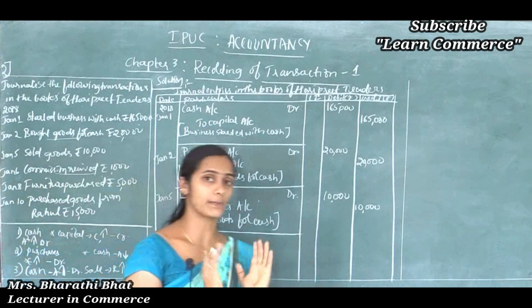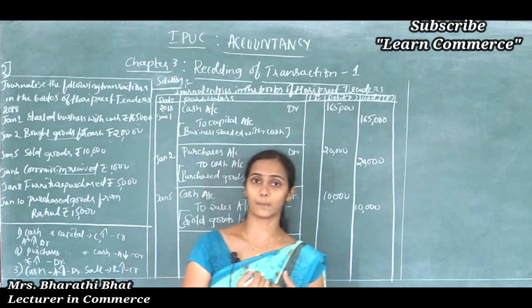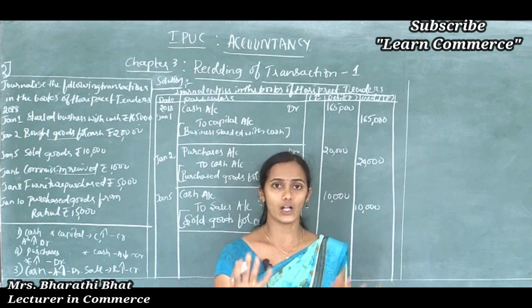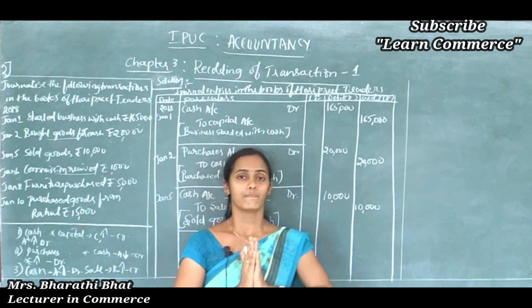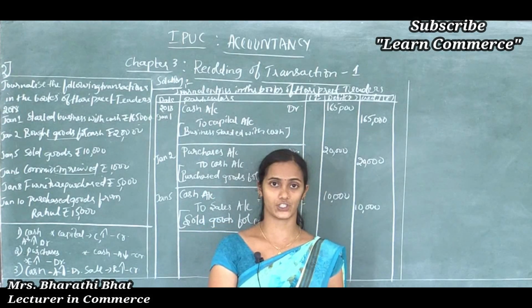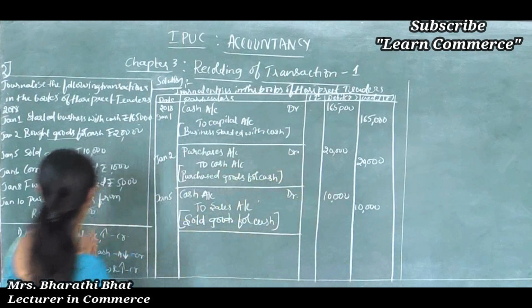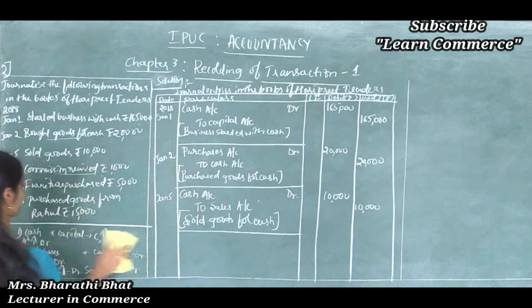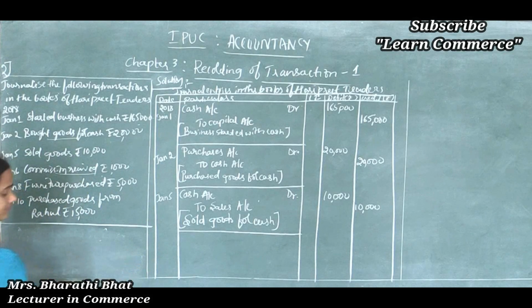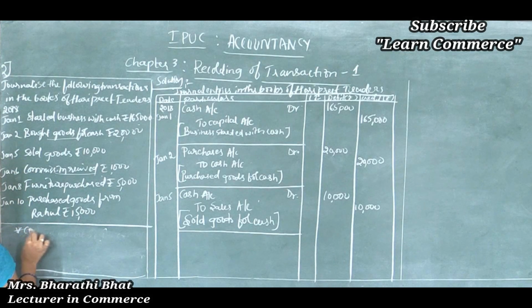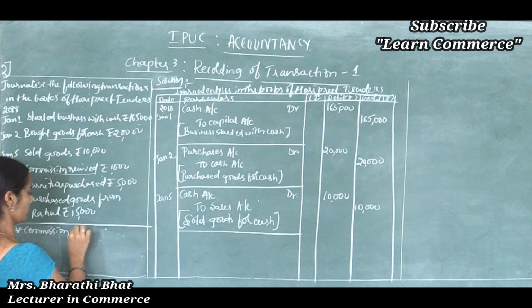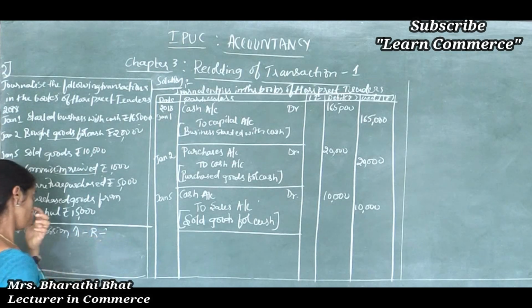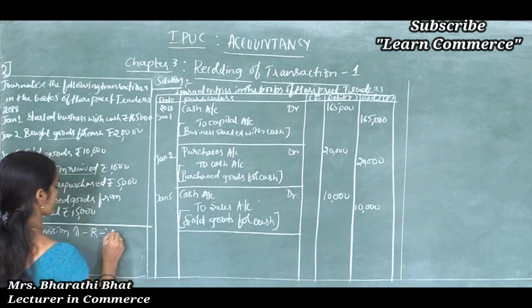And the next transaction, commission received. So what does commission mean? All receipts come under the revenue account. Commission, interest received, dividend received, all these are considered as revenue for the organization. So one account affected here is the commission account. Commission means revenue, and increases in revenue are to be credited.